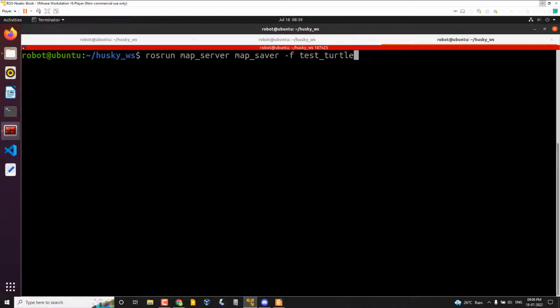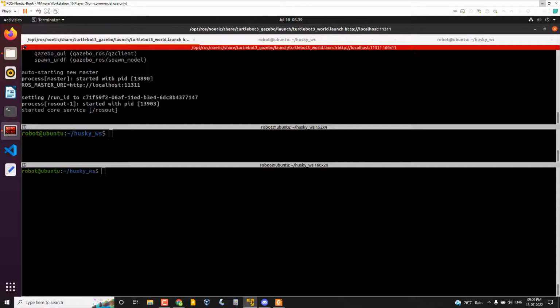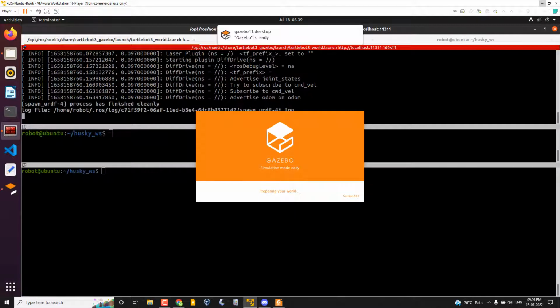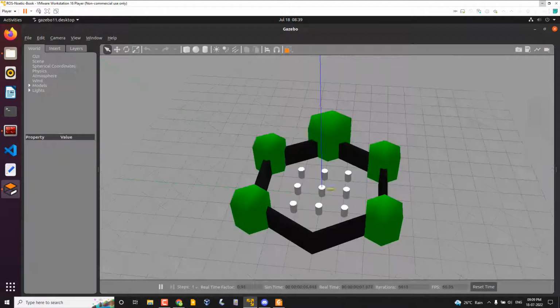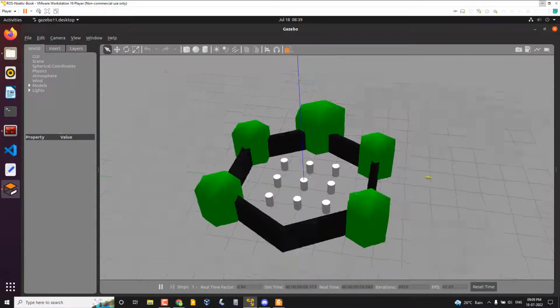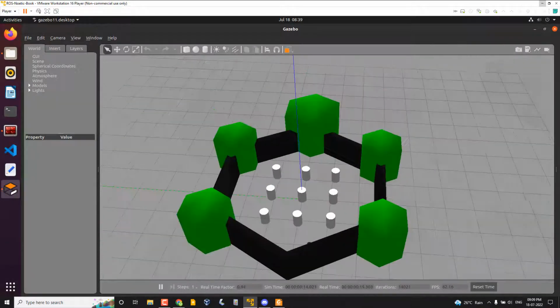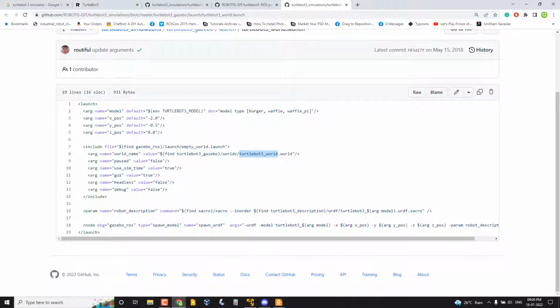Maybe I can show you that. This is actually a world file. I mentioned that in Gazebo, everything around the robot is the world, and you can create a world for the robot. The world file is actually an SDF file, Simulation Description Format. That file can be saved as .world. Here in TurtleBot, if you check,